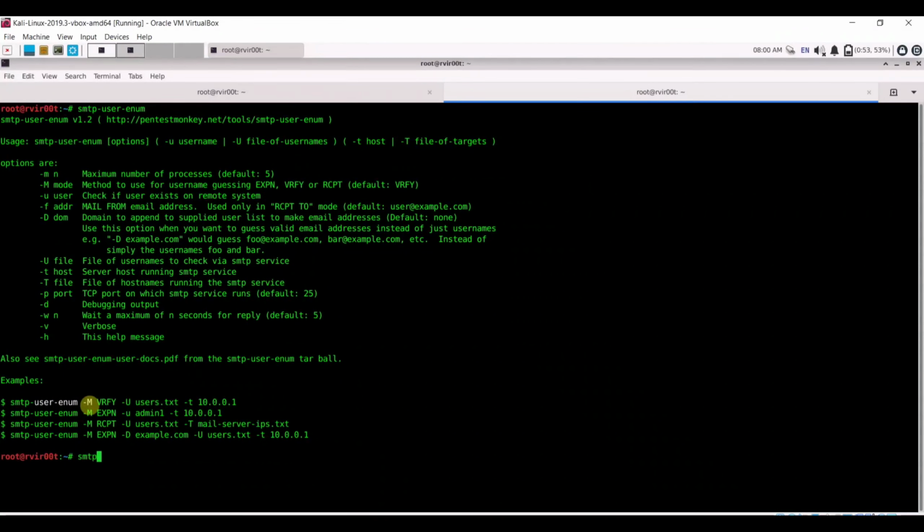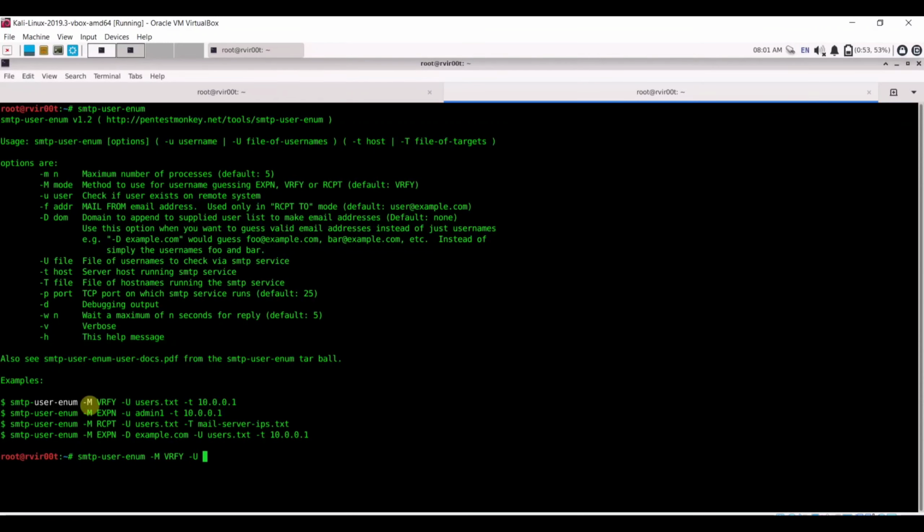I'm writing smtp-user-enum and hyphen capital M for the method, vrfy, and hyphen capital U for the user.txt. It means you store any kind of default users for the smtp server, and this will help us identify the user related information.